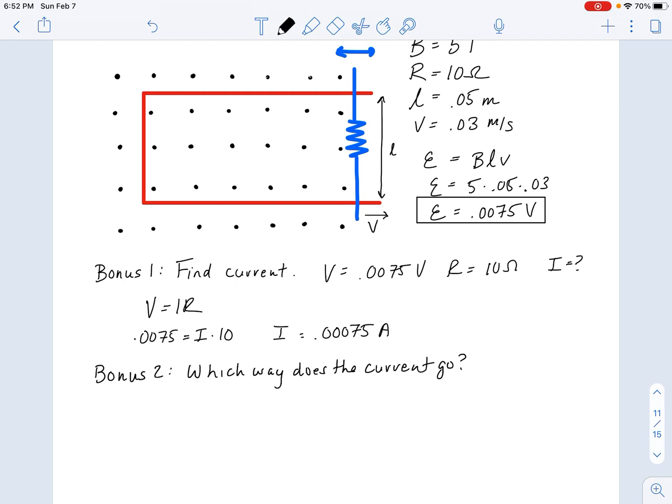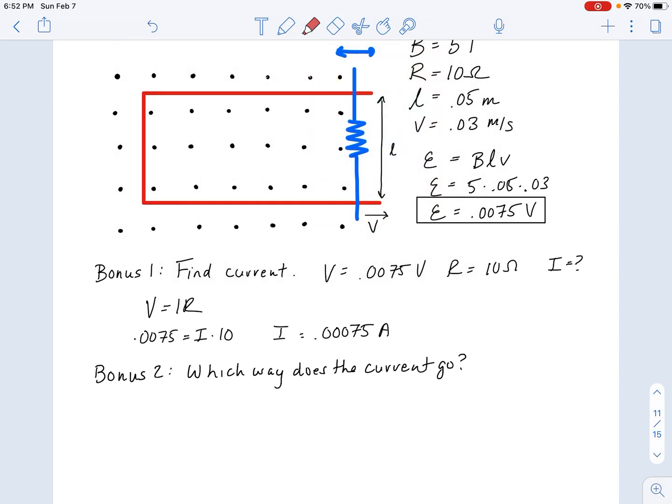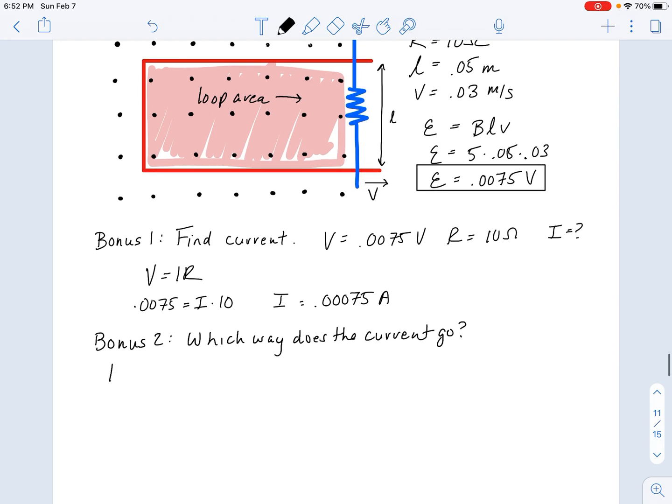Let's say that the loop area is expanding. Okay, so again, loop area would be this. So if the loop area is expanding,